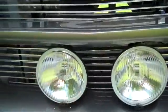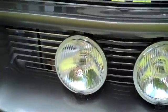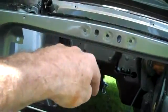Lower grille is already fitted. The lights are fitted, not wired up obviously. The front grille is fitted, but because they've not supplied the